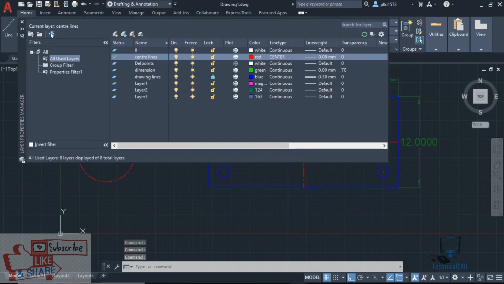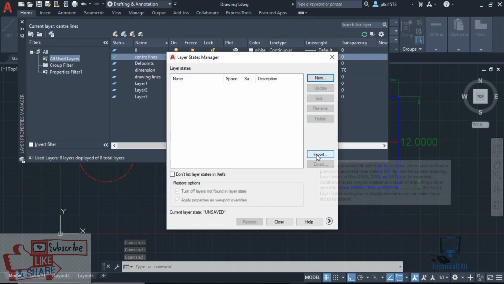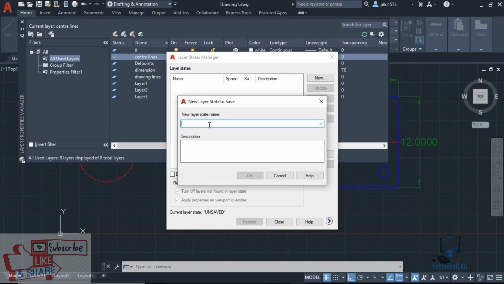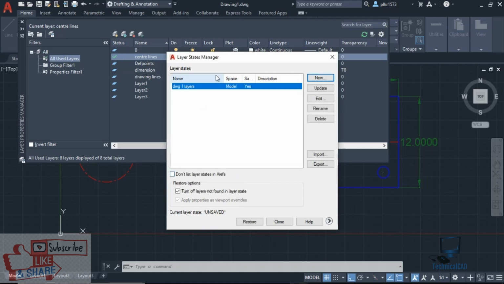Go for layer states manager and give new, select drawing 1 layers, DWG 1 layers, and if you want to give any description about those layers you can give it, otherwise give OK. And now go for export,